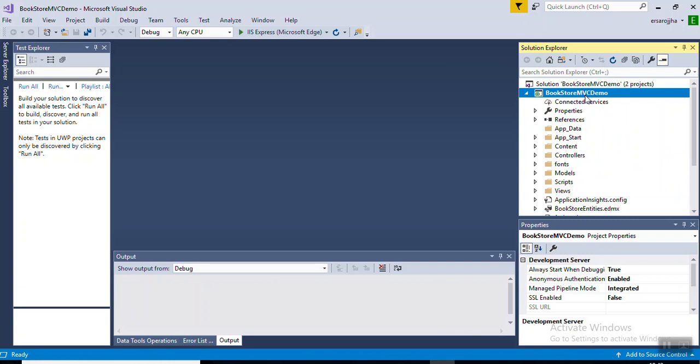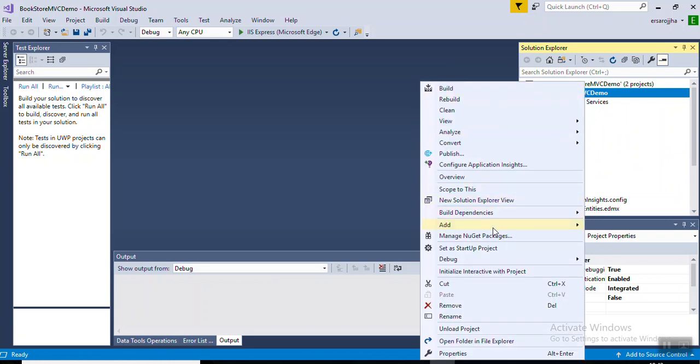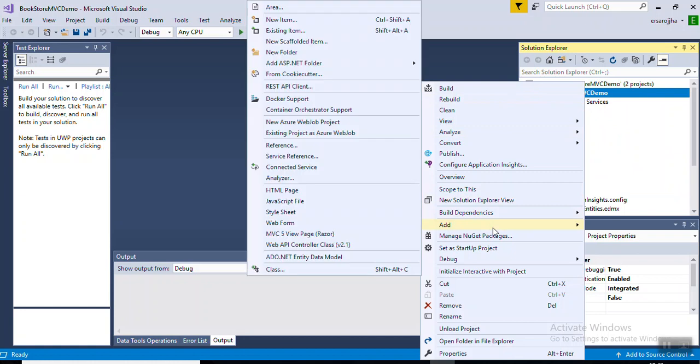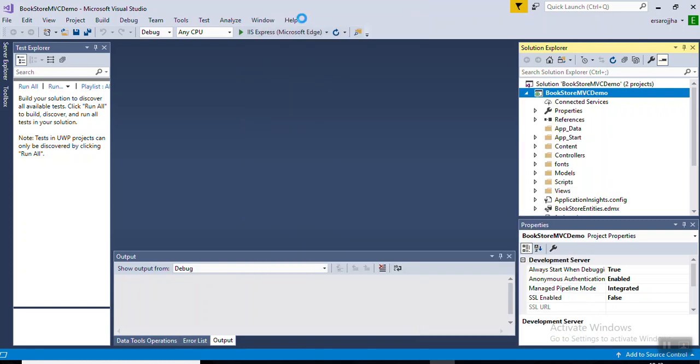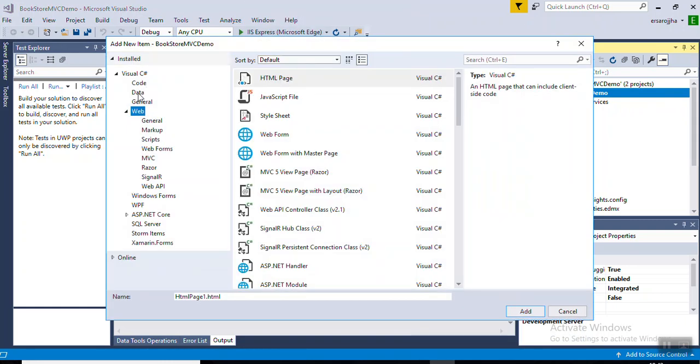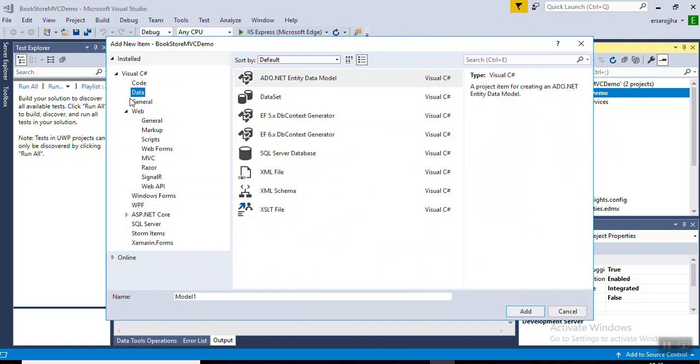Right click on this, click on add, then click on this new item. In the new item, go to the data tab over here, then add your data net and give the name. I am going to give bookstore entities. Okay, say add,